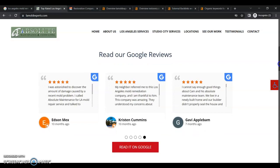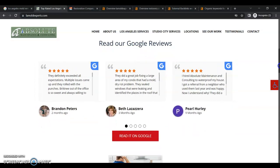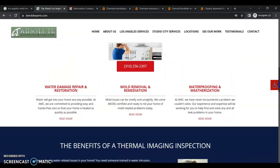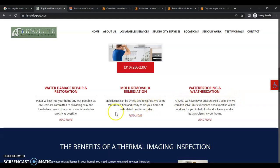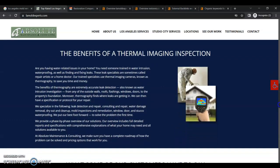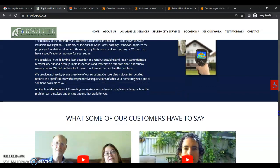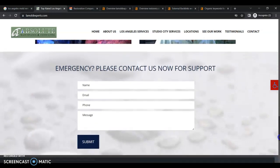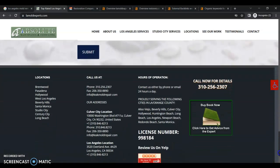Okay. I like that you have your Google reviews. That helps build trust. I'm seeing a little bit of content here. I'm not seeing much in the way of buyer intent keywords. Okay. Oh, good. You got location pages. Perfect. You need those. Okay. So,